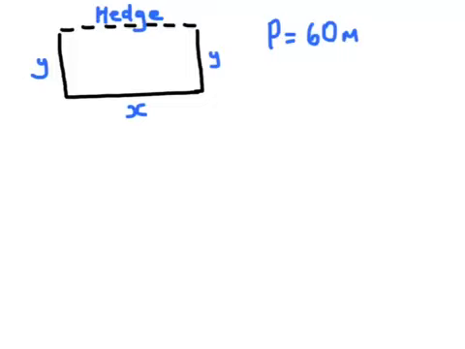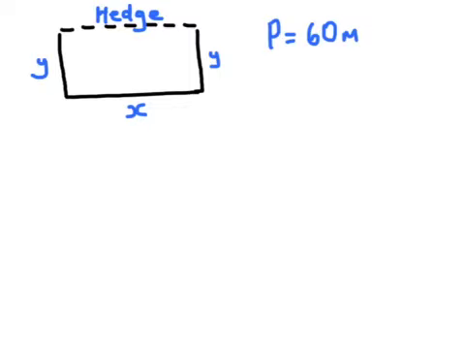Hey everybody, today I want to talk to you about how we maximise area in maths, and what we're looking at here is a question where we've got a farmer with a field. There's a hedge here on one side of the field and he has three sides of the field in the shape of a rectangle. We're told in the question that the perimeter must equal 60 metres, so that gives us